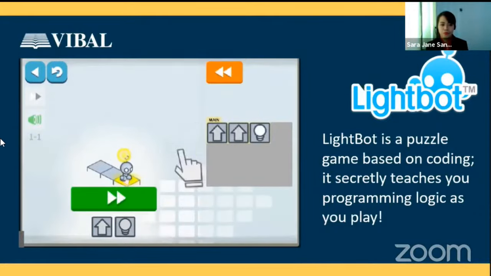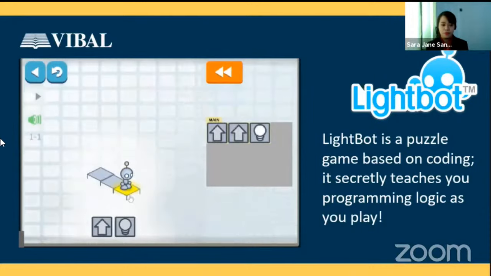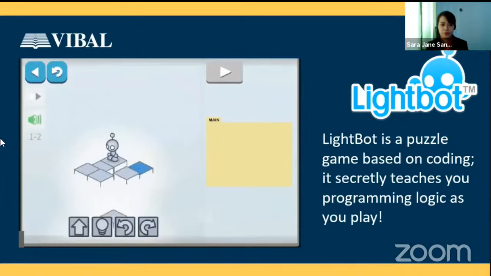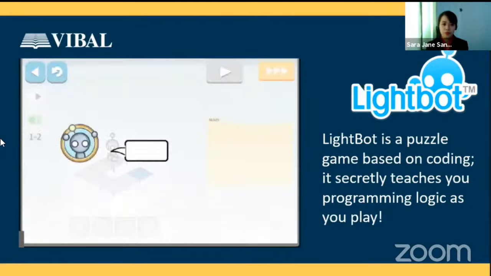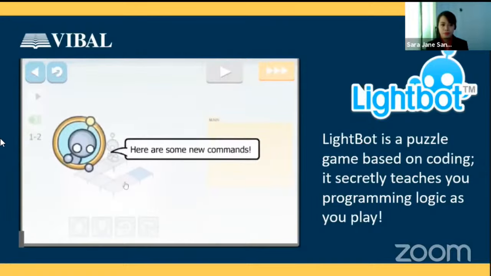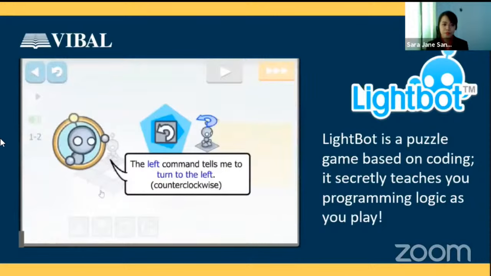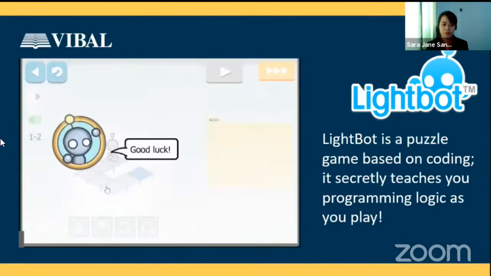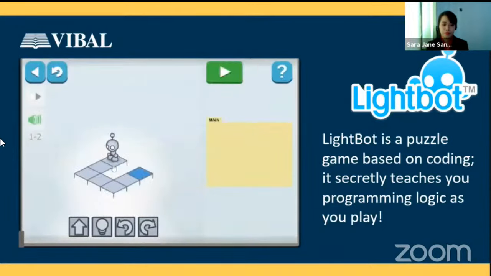So we will just make Lightbot walk to the box or cube that is blue. Okay, and then after that, you go to the next level. So now there are more commands this time. Okay, so we will make Lightbot go to the blue box or blue tile.